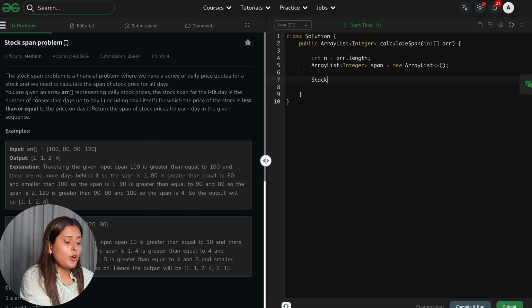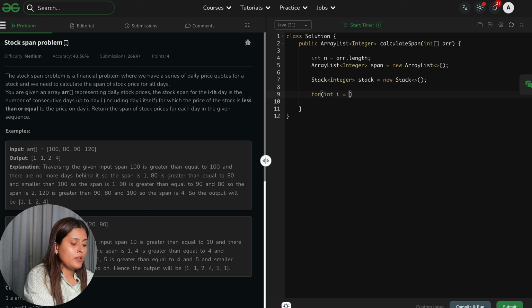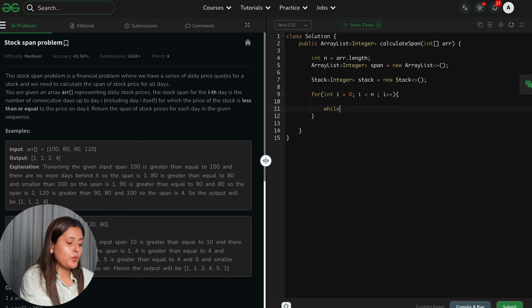Okay. Now we want to make a stack, correct? Stack of type integer. Now we want to run a for loop for int i equal to 0, i less than n, i plus plus. Now what we want to do, we will check while our stack is not empty, dot isEmpty, yes,